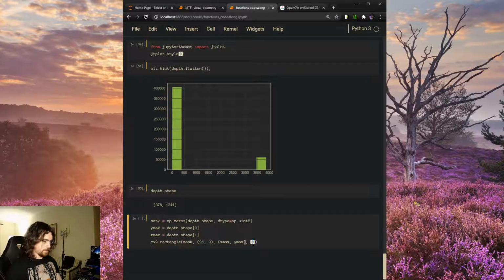And then pass in 255, the value that it's going to fill in there, and then thickness equals -1. And this is just how you do it. And so now if we say plt.imshow mask,